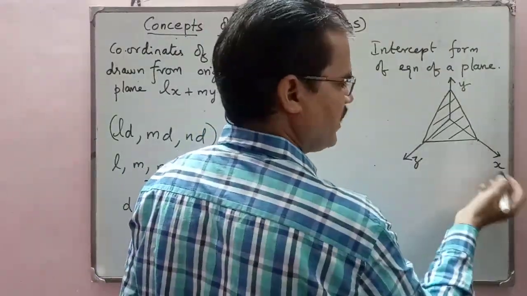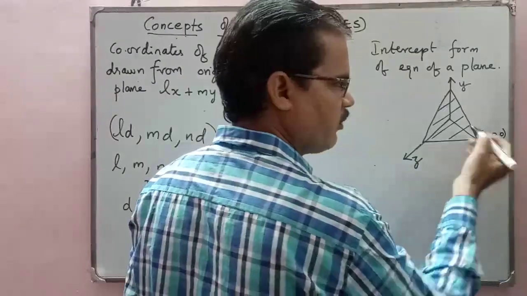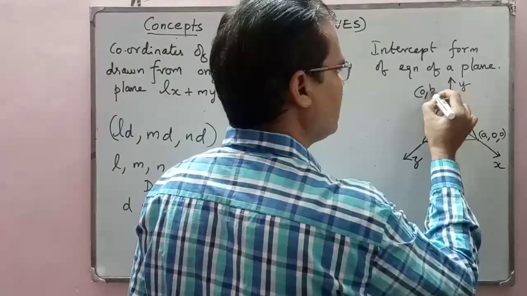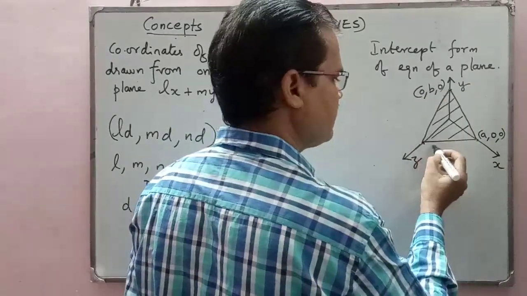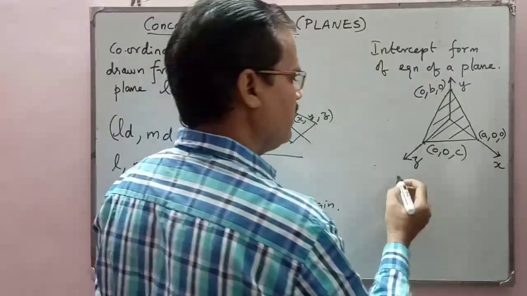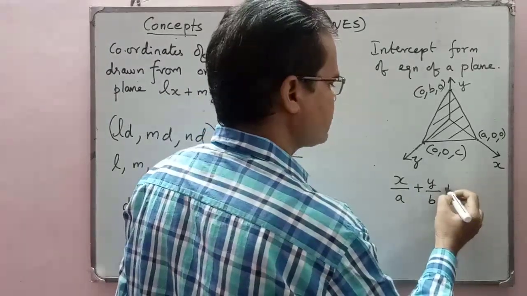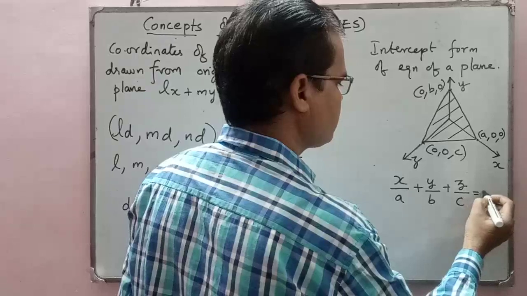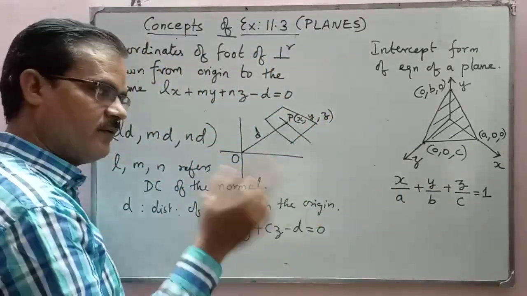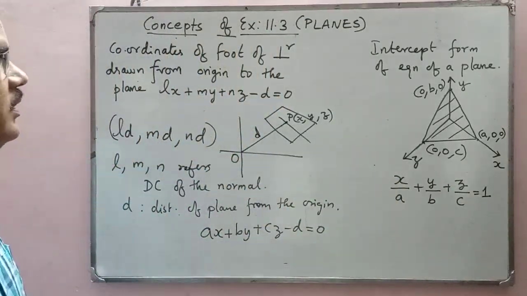The plane cuts the x-axis at a, 0, 0, because we have only a here. I mean the x-intercept is there. This is 0, b, 0, and this intercept is 0, 0, c. Then the equation of this particular plane will be x by a plus y by b plus z by c equals 1. So this is called the intercept form. You are very familiar with intercept form. x by a plus y by b equals 1, it's a line equation, right? It's a plane. Thank you, student.